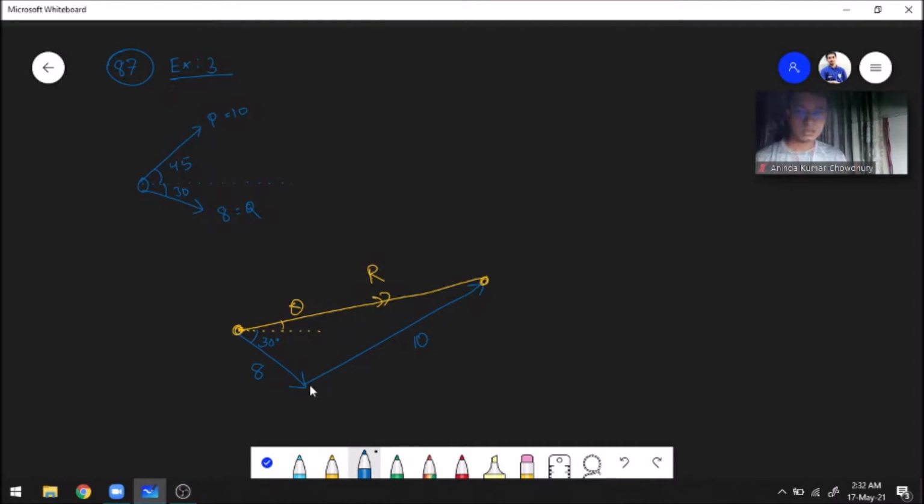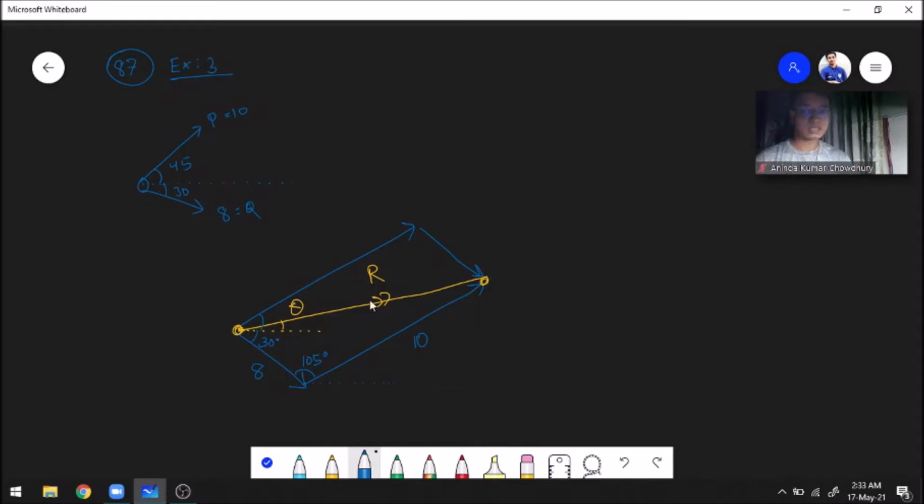Now if we apply the formula, what you do is create a parallelogram from this 8 and from the 10. How? You copy this 10 newton vector here, and you copy this 8 newton vector here. So this is 45, this was 45, and this is 30, this is 75, and therefore this angle will be 105, because these are allied angles and they both make 180 degrees when combined. This is a property of parallel lines. So if this is 75 degrees, this will be 180 minus 75, that is 105 degrees.